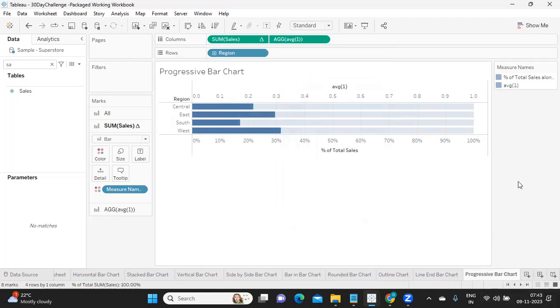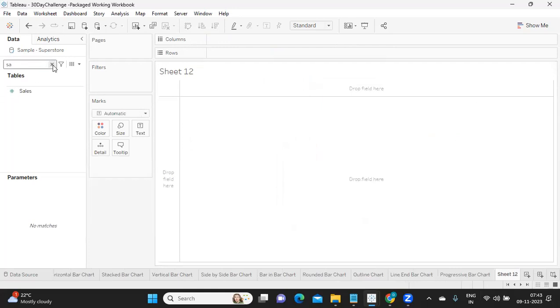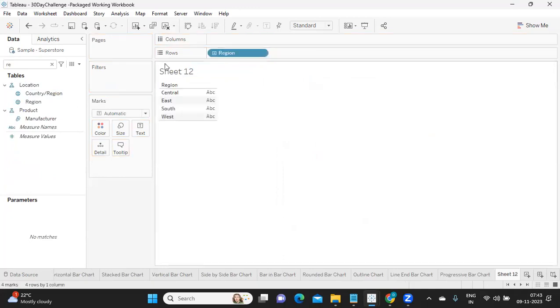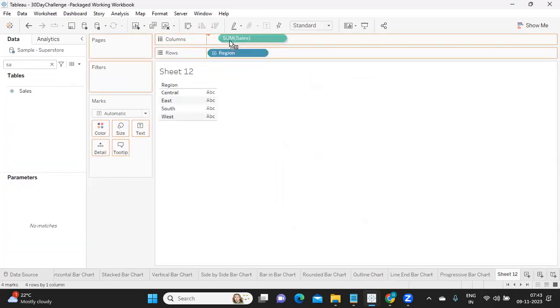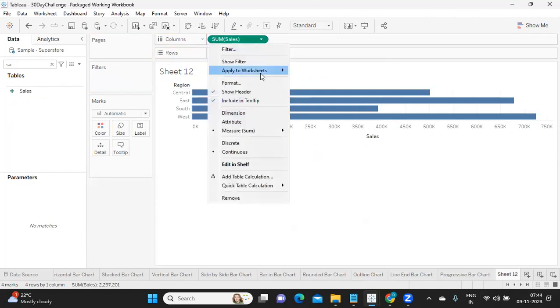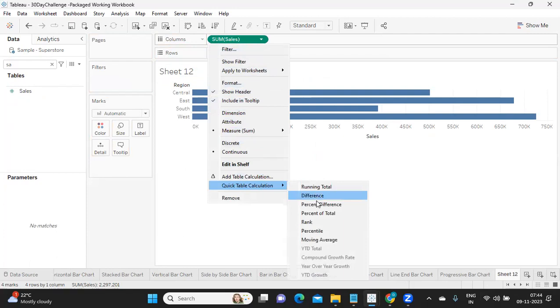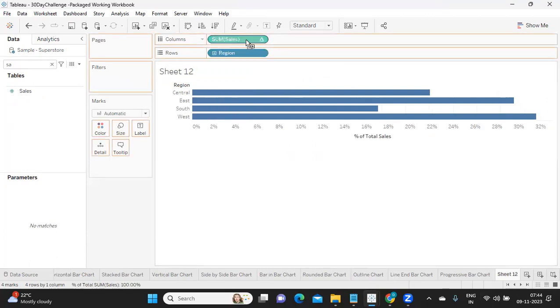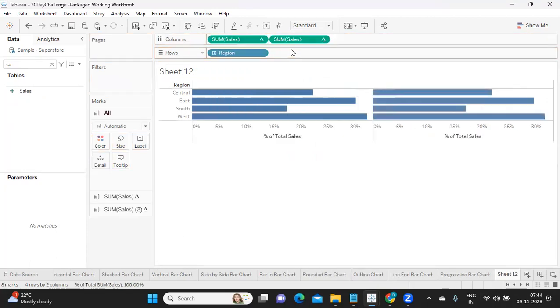So like this, using the dual axis concept, we can create different charts here. Again, let us see another type of chart here. I'm taking region. Again, I'm taking my sales, and again I'm duplicating it. Okay, let us make it percent of total. I'll just make it this, and